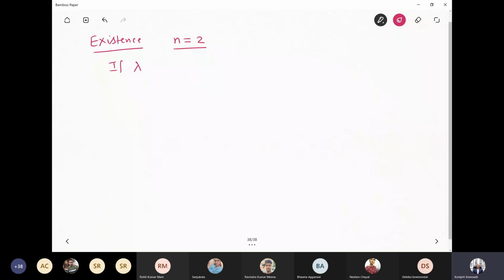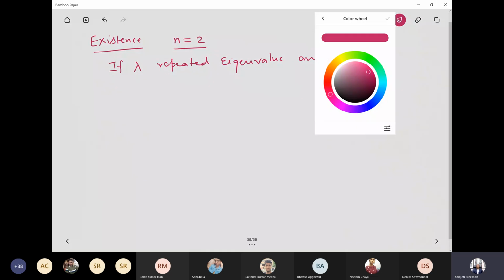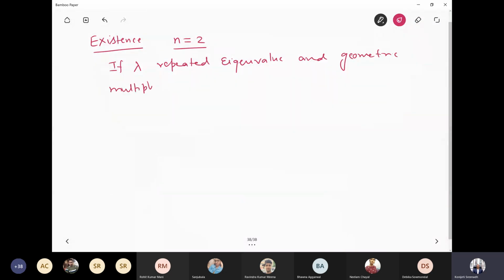In this case, if lambda is a repeated eigenvalue and the geometric multiplicity of lambda is not equal to